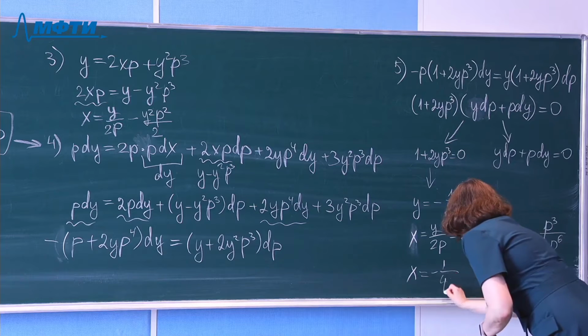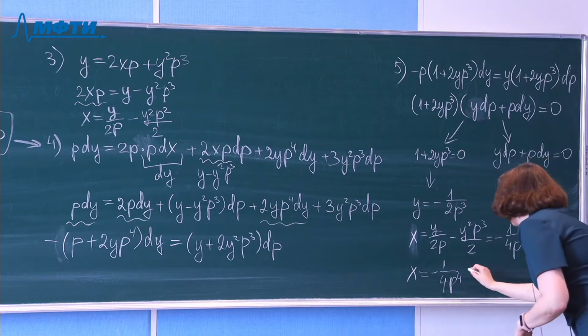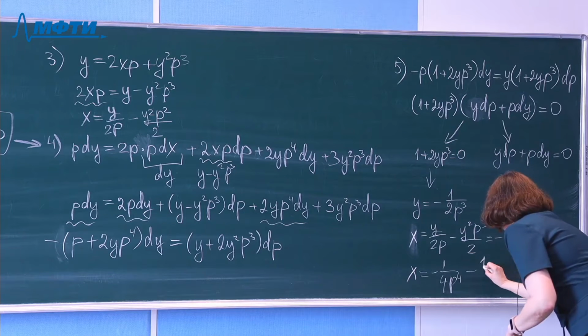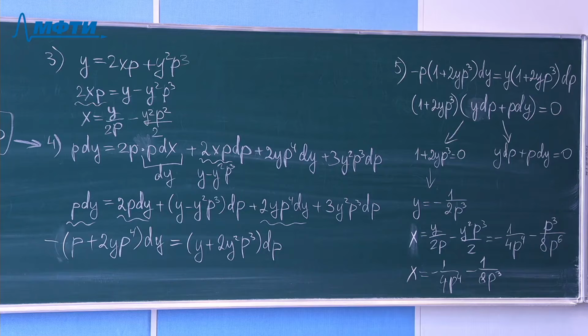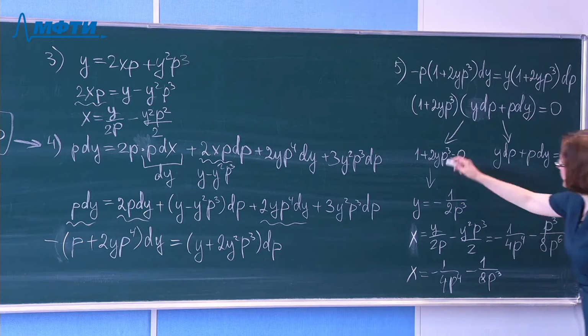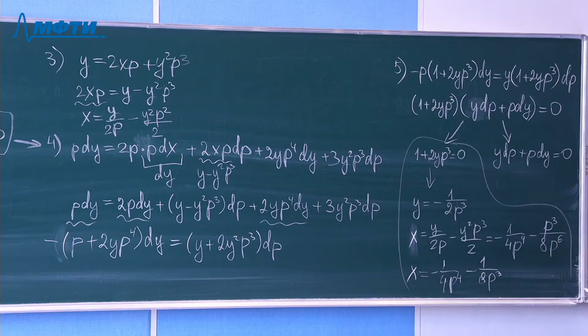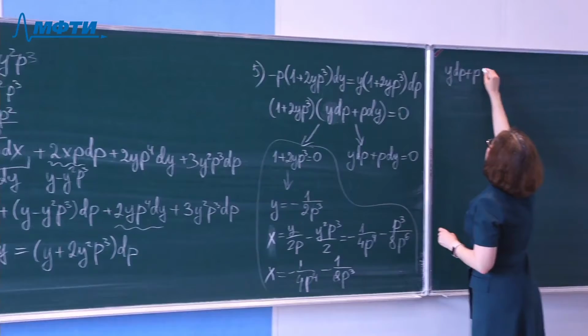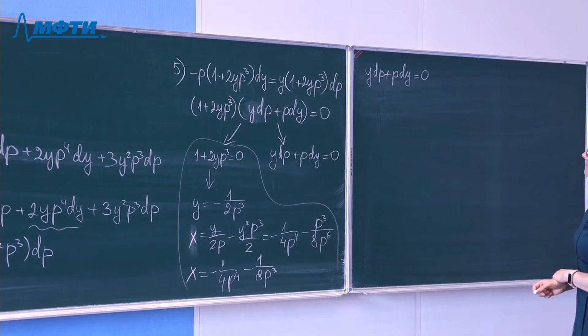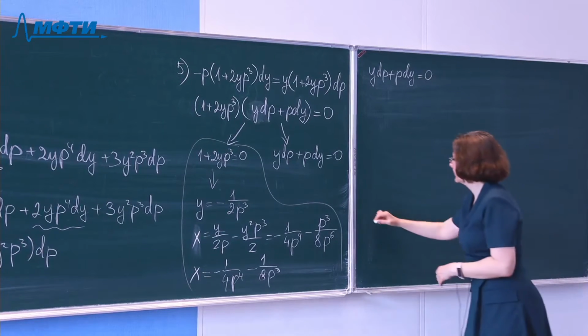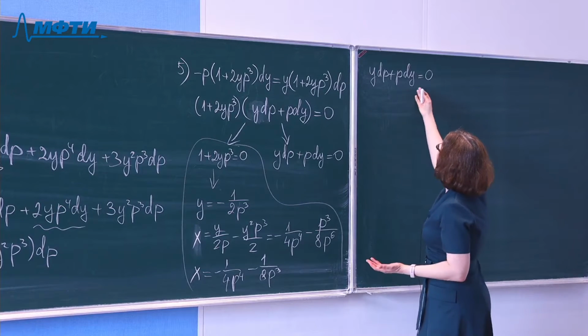Minus 1 over 4p to 4 minus 1 over 8 p cubed. Right. So this is the solution of the first equation, and let's look at the second one. So the second case, if y dp plus p dy equals 0. Okay. Then we have